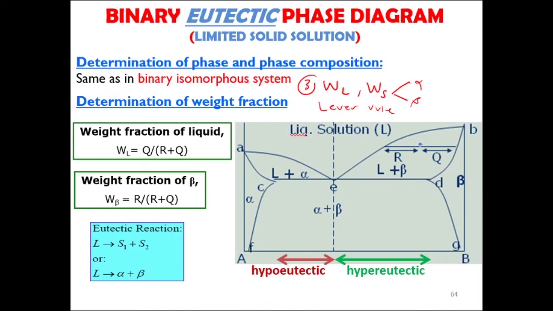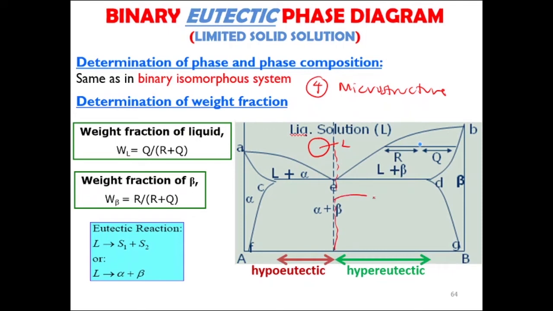To find weight fraction of solid, we use R line, where the line is from the point until over here. The fourth step is microstructure. For microstructure, you need to know the microstructure from binary isomorphous phase diagram and binary eutectic phase diagram of no solid solution. For example, over here, the microstructure is only liquid, and then you have the microstructure at eutectic point